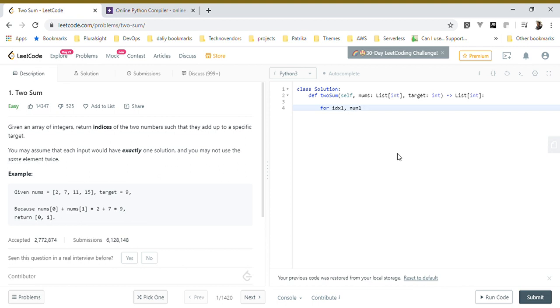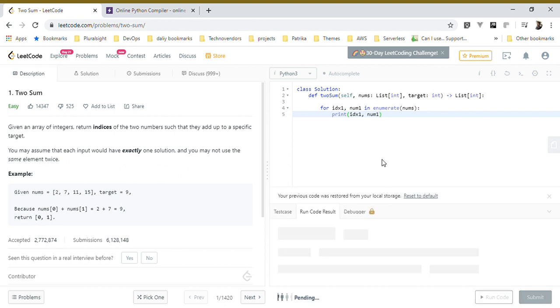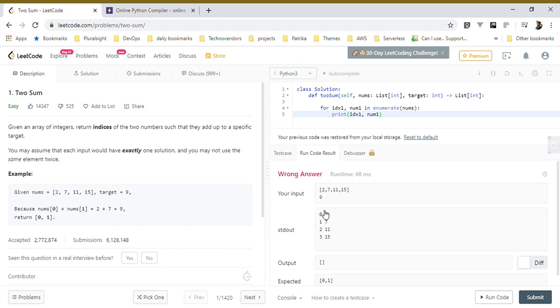So num1 in enumerate nums. It will print the index and the number. You can check, it will print the values and the number index, 0 2, 1 7. So let's create a second loop in which we'll do a for loop for idx2, num2 in